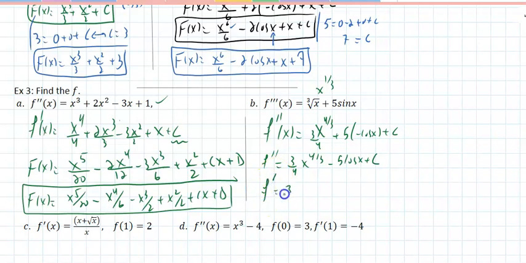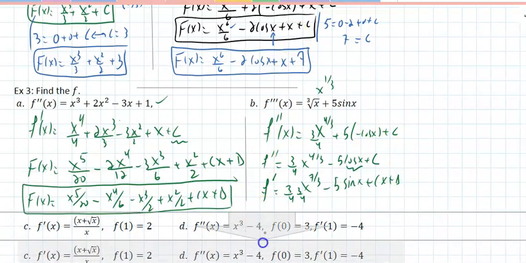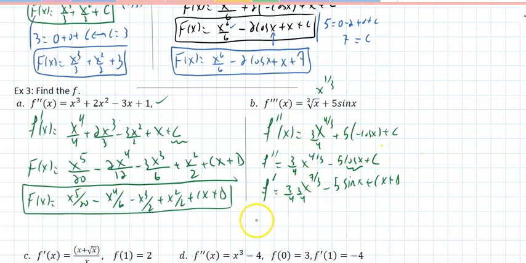Undoing a derivative again, 3/4, add 1 to the power, that's 7/3, divide by that, that's 3/4, minus 5, what do you take a derivative of to get cosine? The sine of x plus cx plus d. A bit more space. And to figure out what f of x is, so this is 9/16, add 1 to the power, that is 10/3, divided by 3 over,